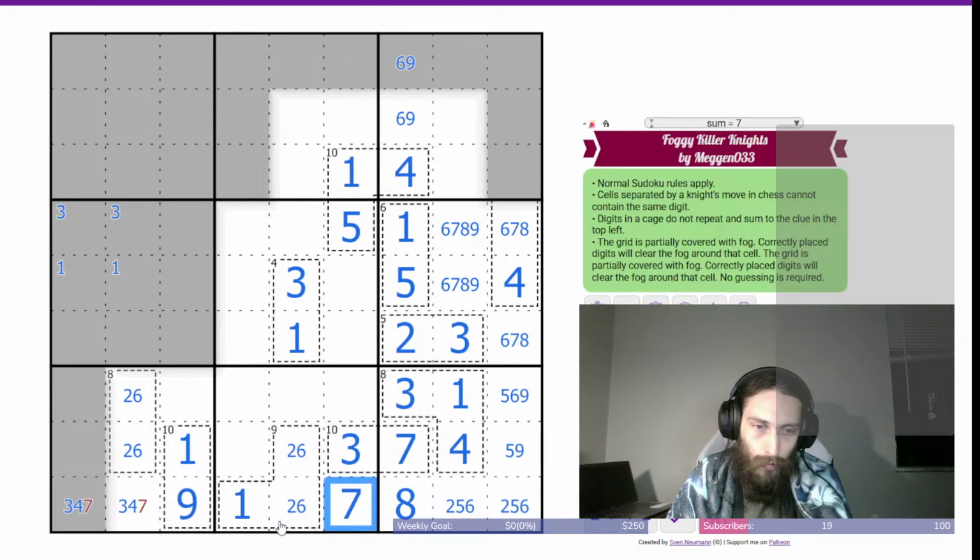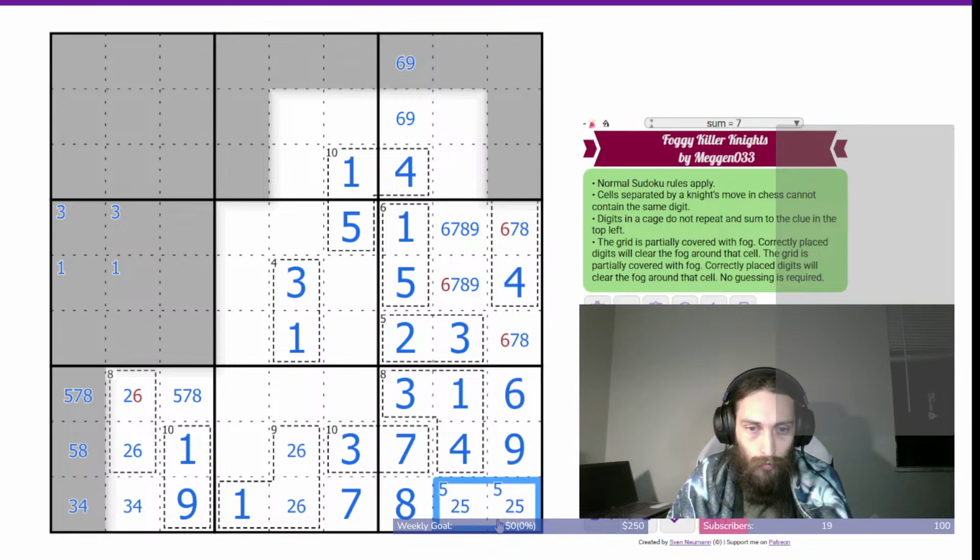That's these 3 and 4, so that's a 7. 4, 5, 6, 7, 8. Well, in row 9, the 5 is there in box 9. 6. So that's